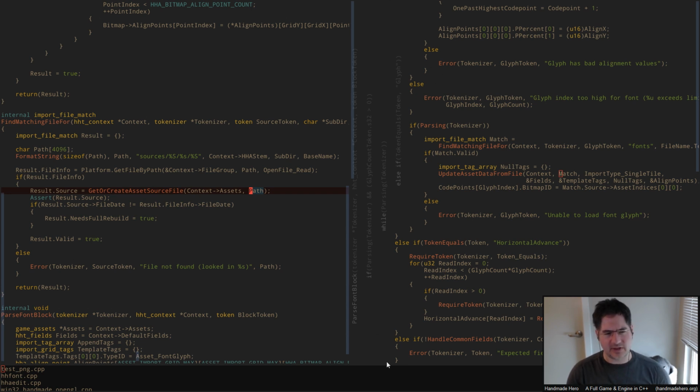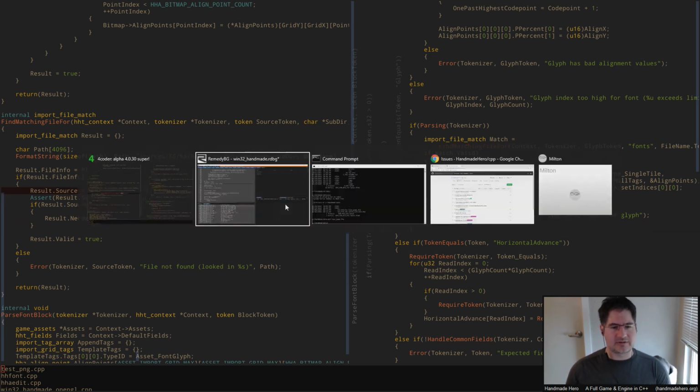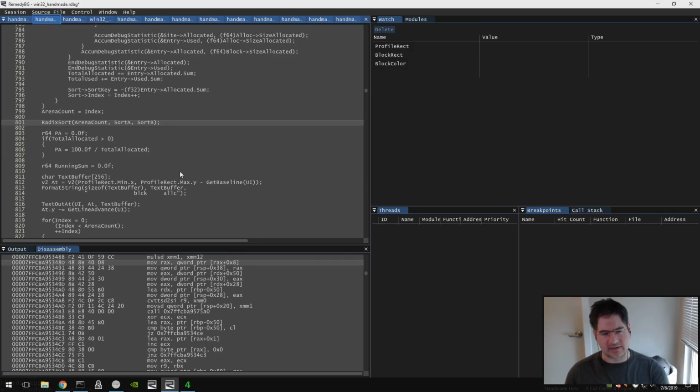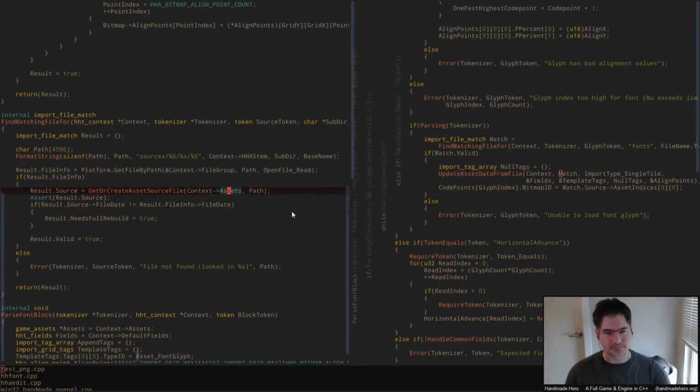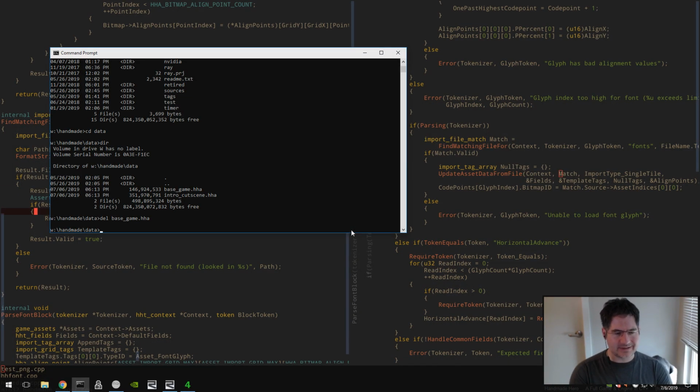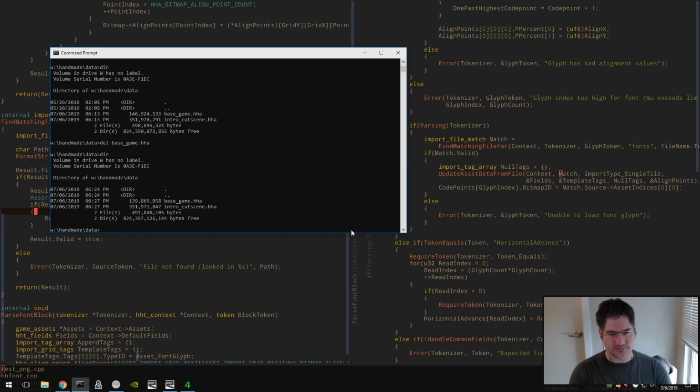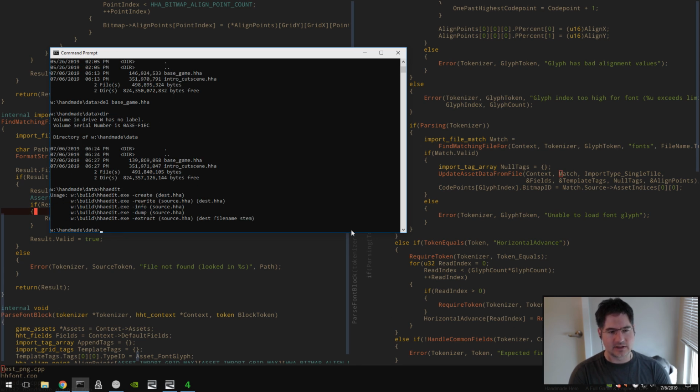Yeah, that seems fine. So I don't know why that would be having... So I guess what I'm going to do is say, I don't really know exactly where that's coming from. So what I'd like to do is dump this file and see what's actually going on there. So if I run HHA edit, I'm going to use the -dump call, and I'm going to dump basegame.hha